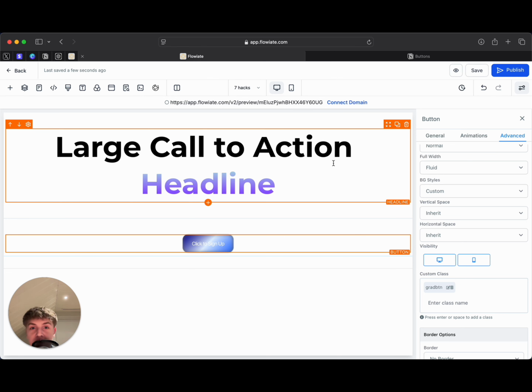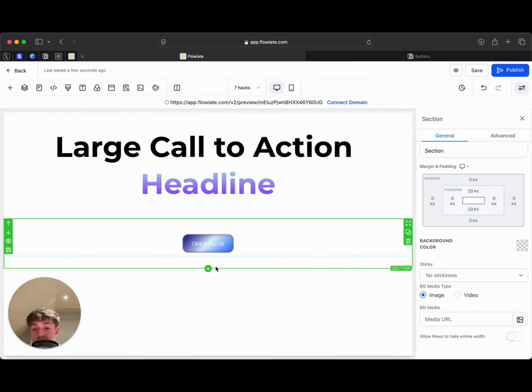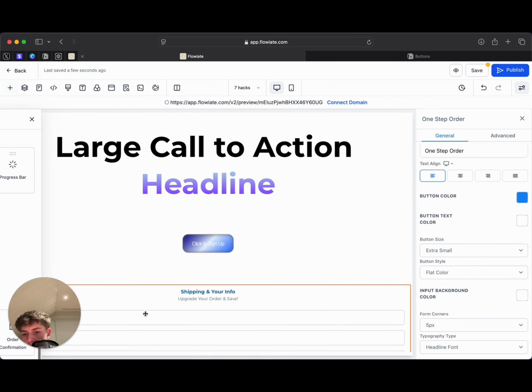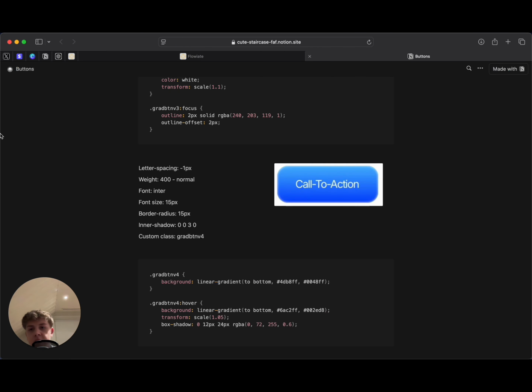This one is huge, guys. I added this as a separate button because quite literally no one knows about this in the space, and it's one of the most important buttons on your site, because once a user purchases your product, if you're using GoHighLevel's order forms, you just want to make the experience as dopamine as possible. I don't think that's a word, but let's just do a quick order form right here, one-step order, and then